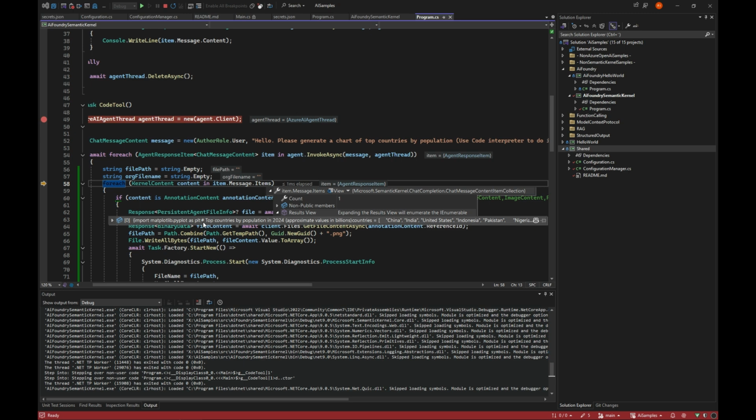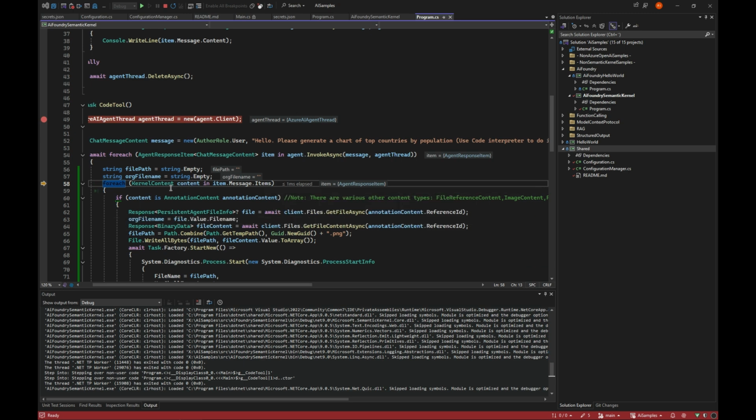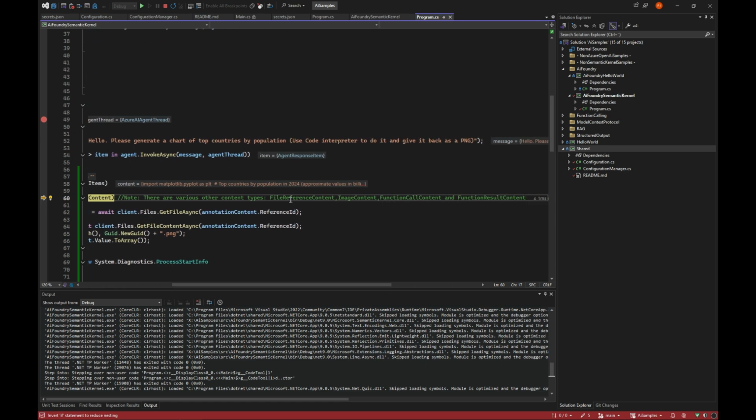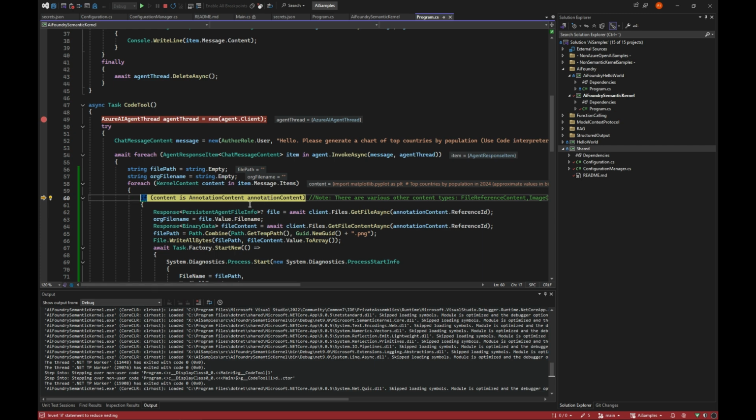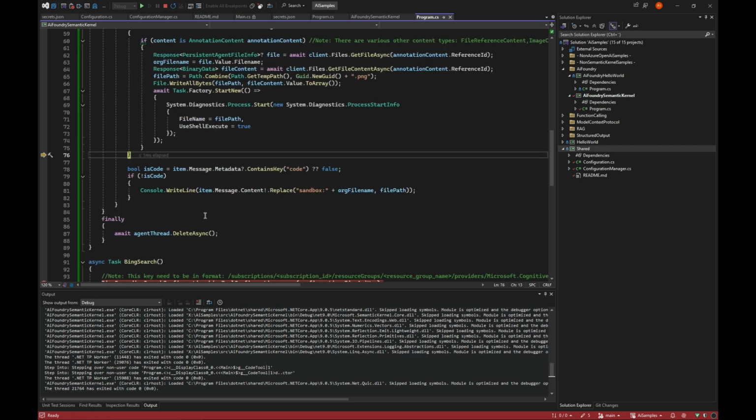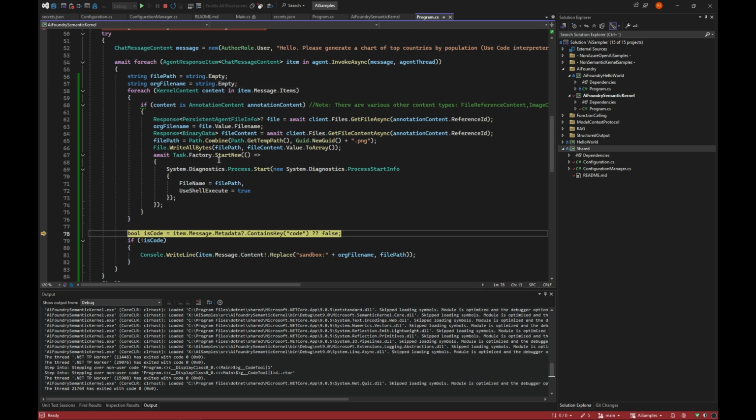Well, that is because it is a generic object that needs to be cast to something called an annotation content. And there's various different contents you can hit: file content, image content, and so on. But this is an annotation content, and we convert it to that when we hit one of those, because the first line here was just the random code.